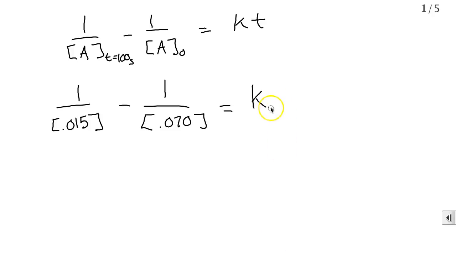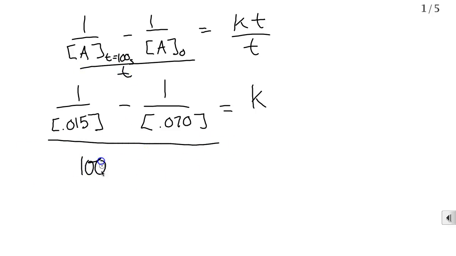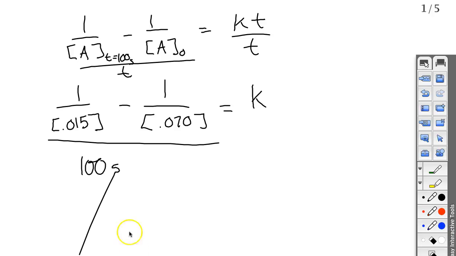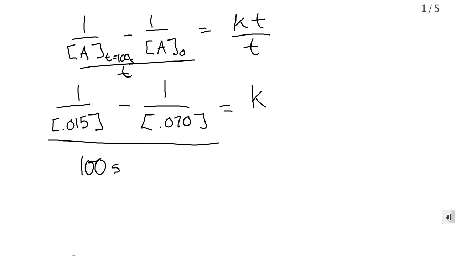And I should have rearranged it already. I'm sorry. Divide both sides by t. And t is 100 seconds. Made it pretty far without being ugly. So now you're just going to solve for k. And this is no natural logs or anything needed. So I'm going to use my calculator. 1 divided by 0.015 minus parentheses 1 divided by 0.07 close parentheses, divided by 100, and you get k is equal to